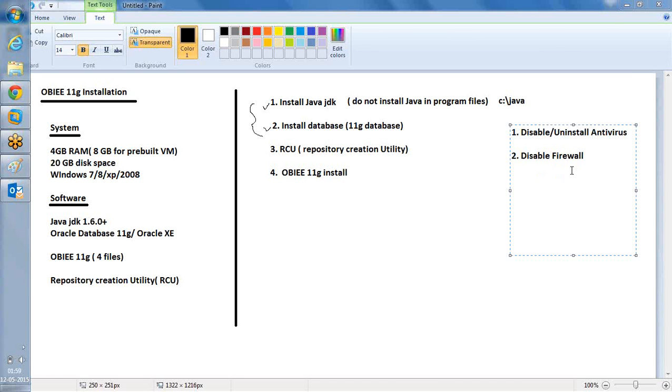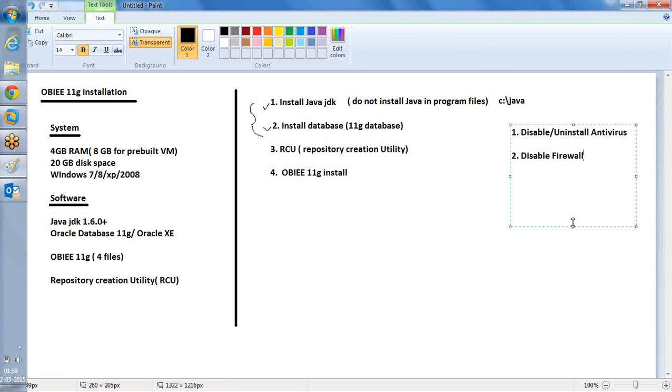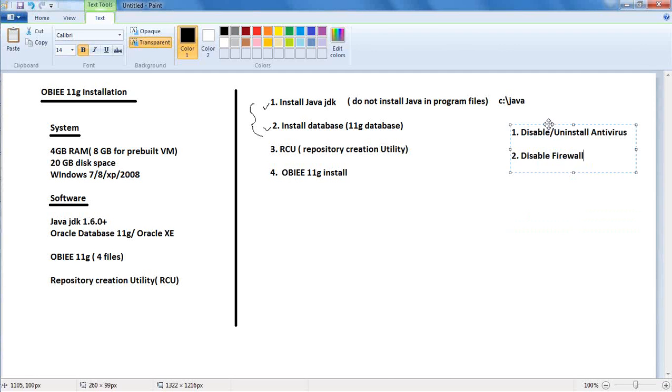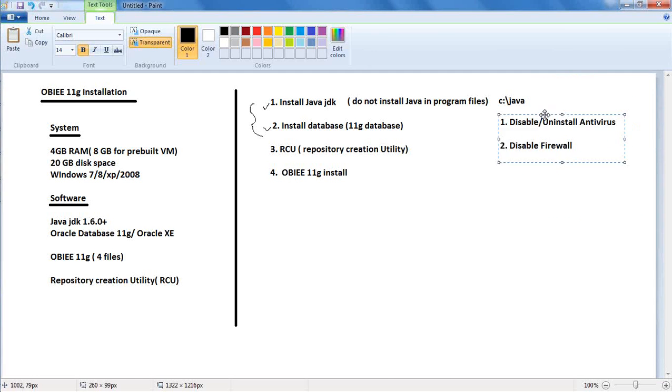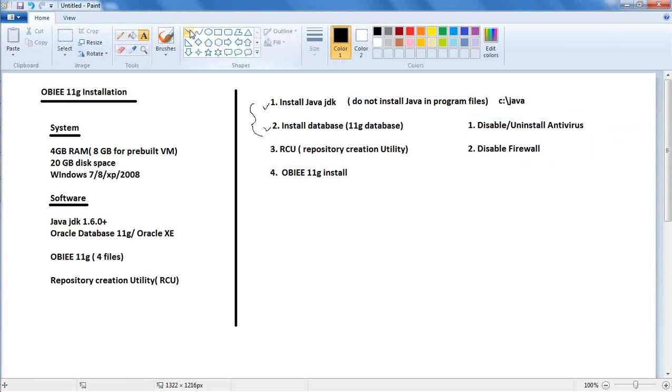So these are the minimum two things, and just to make sure, if you have these two things disabled, the installation will be kind of smooth. Because I've seen situations where people have started installations, and they realize that they are failing at some point of time, because either the installation is very slow, or even if it is fast, at some